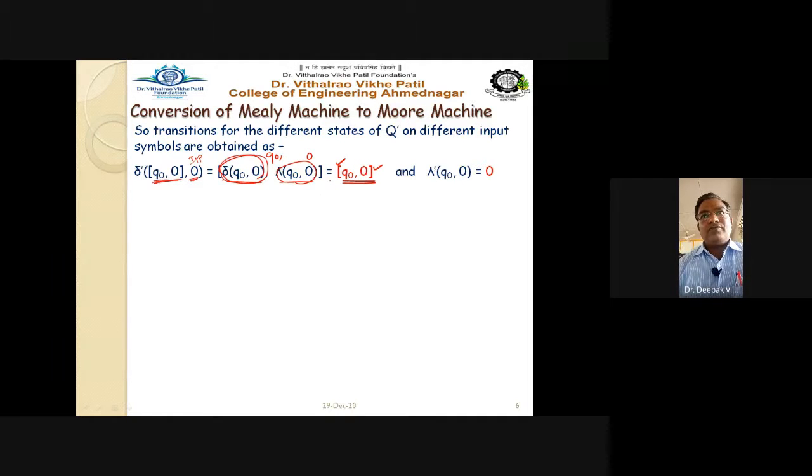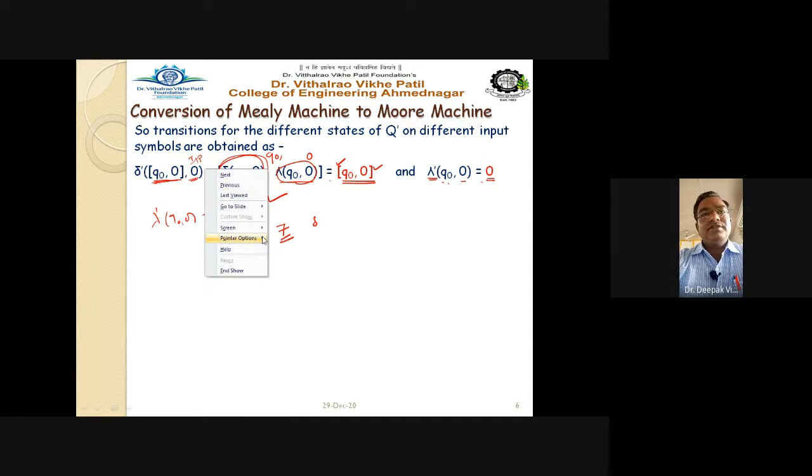And finally, lambda dash Q0 on 0, that is equal to 0 from the transition table. So you have to write it like this, that is nothing but your Q0 comma 0. And finally, this is nothing but lambda dash Q0 comma 0, that is equal to 0. So these 2 parameters or these 2 transitions you have found. In the same manner, we have to find the remaining 7 transitions. So see here,